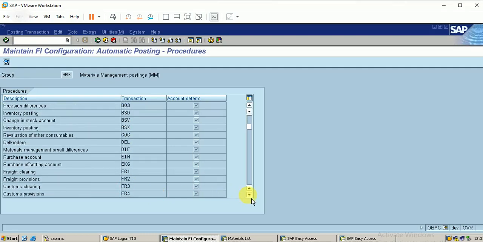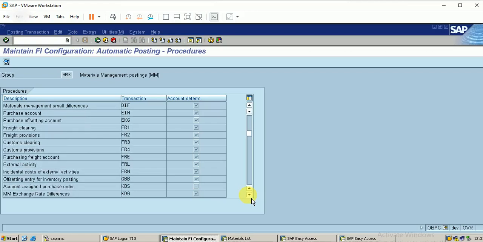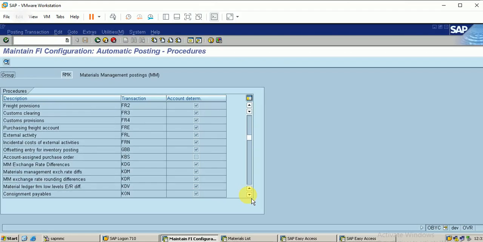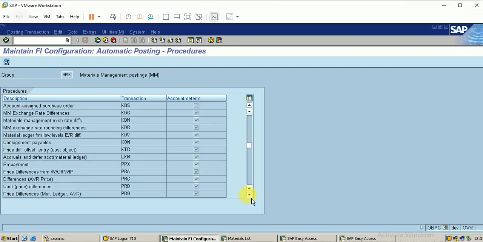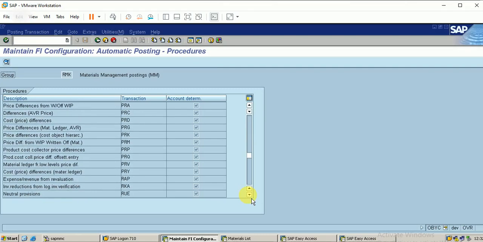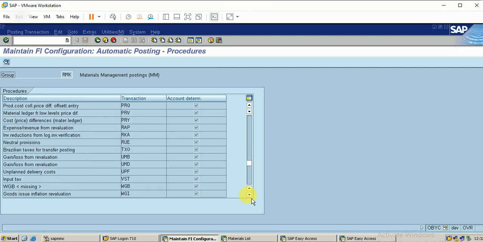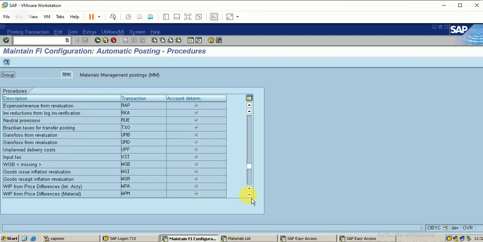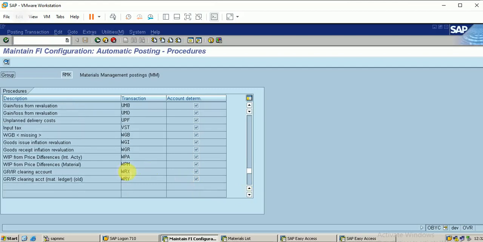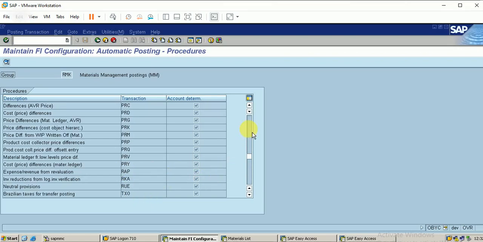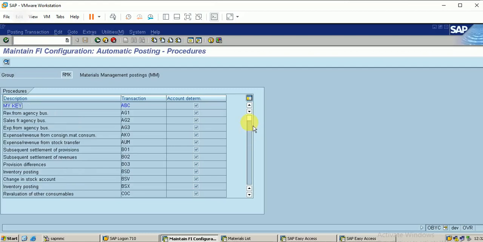Let me show it. Here it is, GR/IR clearing account. These two account keys need to be configured with accounts.